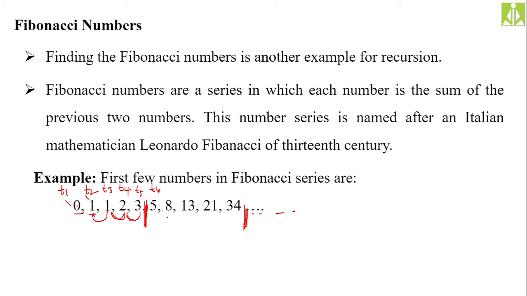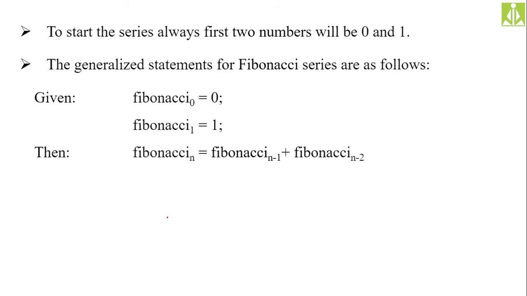And when he has done that one, in the 13th century he has given this idea of the Fibonacci series. To start, Fibonacci 0 will be 0, Fibonacci 1 will be 1, and Fibonacci n will be Fibonacci of n minus 1 plus Fibonacci of n minus 2. Term n is term n minus 1 plus term n minus 2. The concept is very simple, and the starting two terms are: first term will be 0 and second term will be 1.